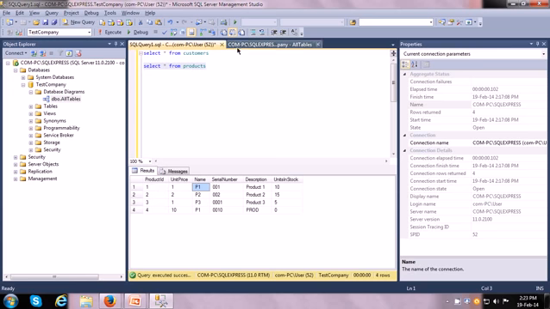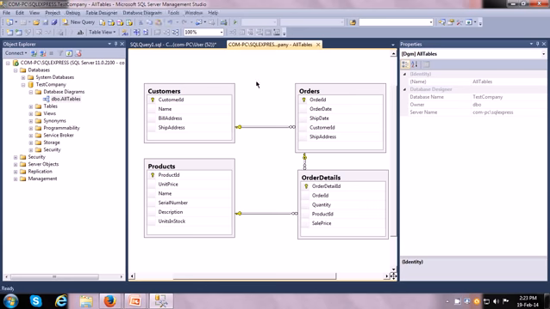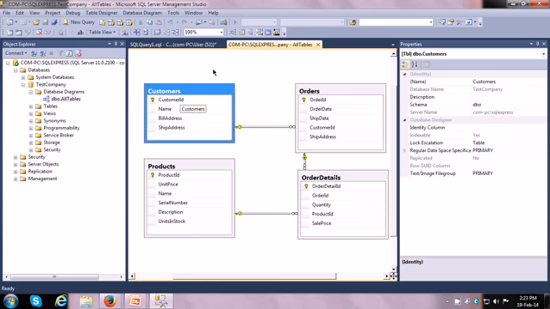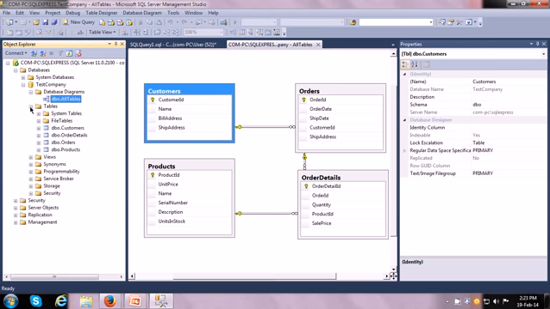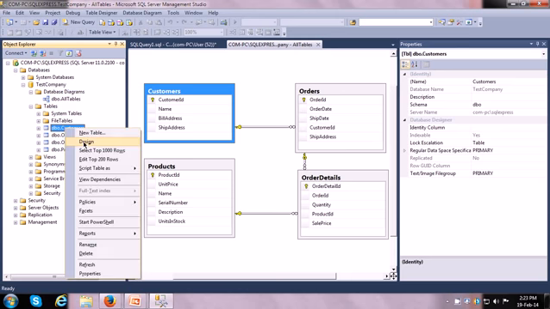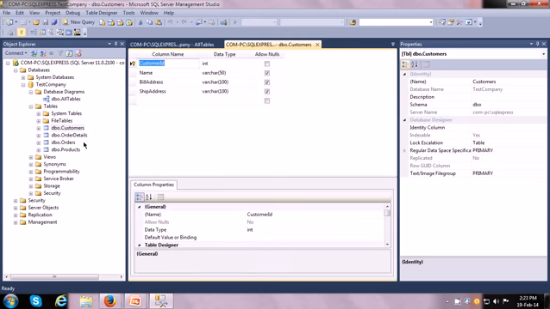Now this is our test database over here. So here we can start testing the schema of the customers table. Now remember, we are not talking about the data, we are talking about the schema testing for the customers table, and this has to be done for each and every table in the database. So first of all, we can open up this table to look at what the design is.